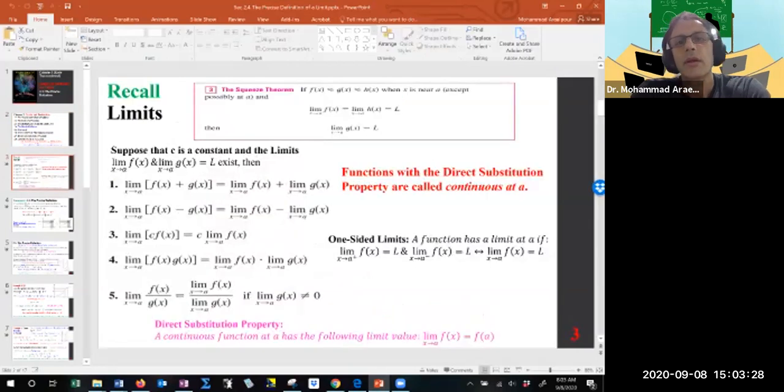So to remind you, we have a couple of things we discussed. We looked at the limit laws. We looked at the squeeze theorem that says if the limit exists when a function is between two different functions, the limit exists for the left and the right side. That means the function on the left and right. Then the limit exists for the function in between as long as the two functions have identical limits on the